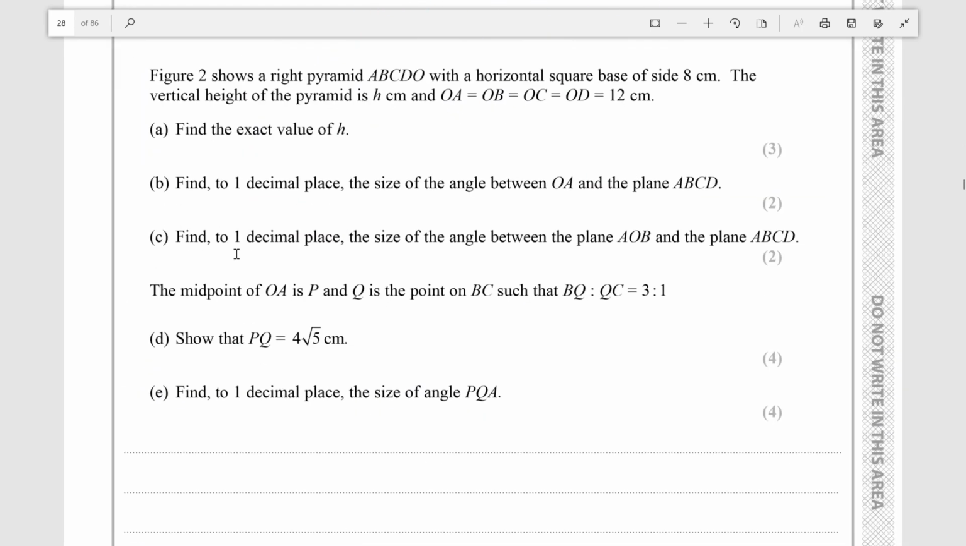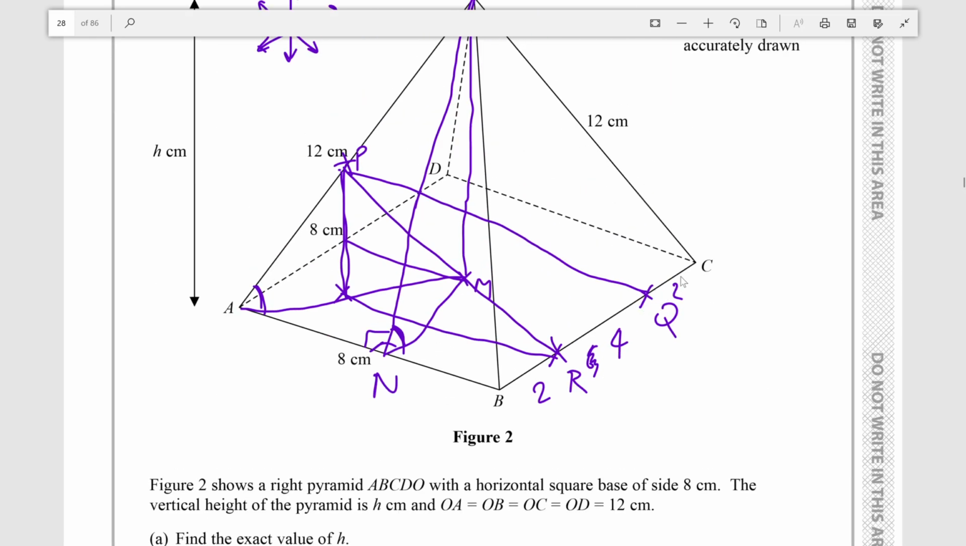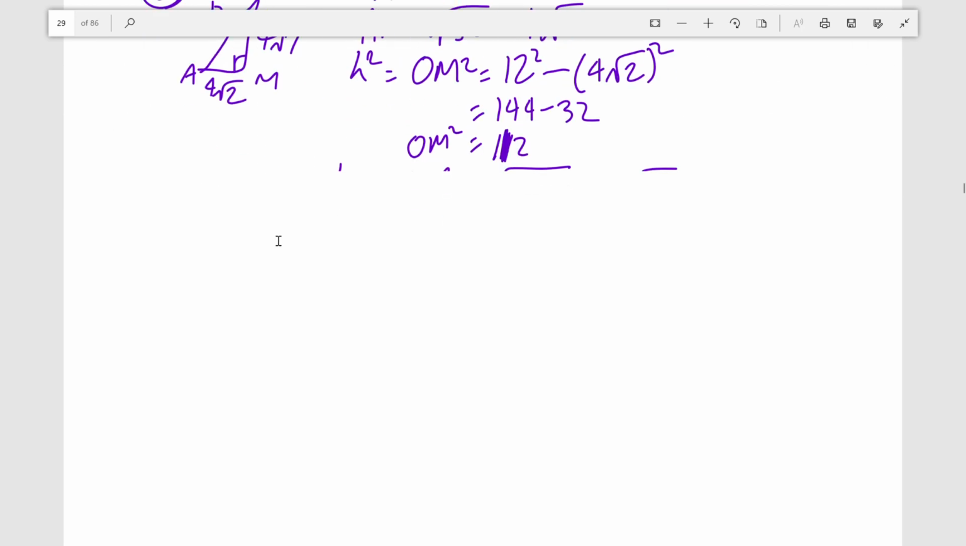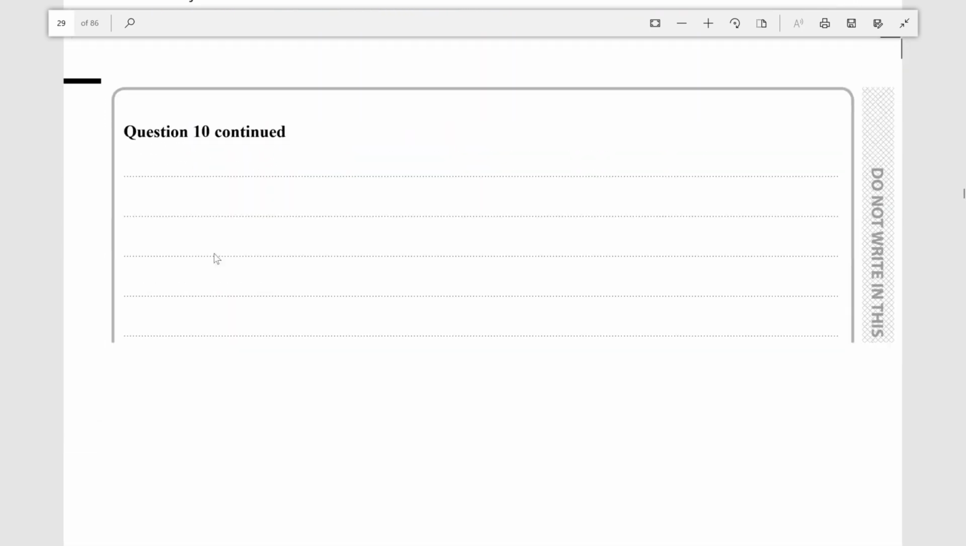So now, this is a much more complicated question. The midpoint of OA is P and Q is the point on BC, such that the ratio of BQ to QC is 3:1. So it's splitting it up into 4 parts, and then Q is just 1 part away from C. Now, the method I'm using to get this value is kind of complicated, but basically it rests on the